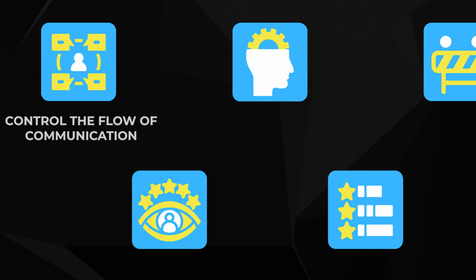Step 1 is to control the flow of communication. If your clients dictate the flow of communication, you're setting yourself up for a disaster. Here's how to flip the script and take back control. So many people think that sending more follow-ups is the answer. It's not. The real issue is that when communication is sporadic, the client loses focus. They get sidetracked, and before you know it, they stop responding.